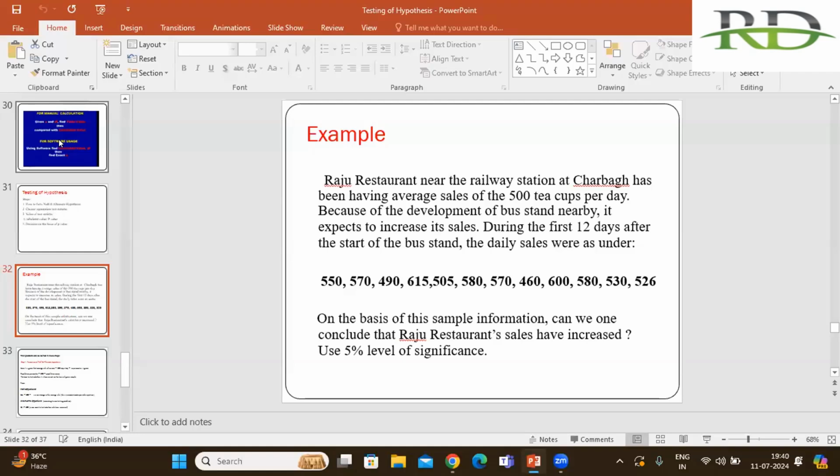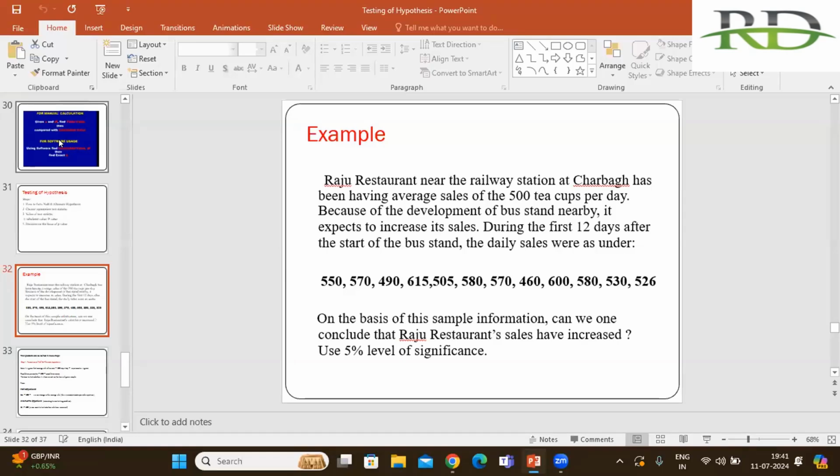तो उस केस में क्या हुआ था कि एक दुकान थी राजू की। राजू ये काल्पनिक नाम है। तो उसकी दुकान थी चाय की, तो उसके हमेशा 500 कप बिकते थे। 500 चाय के प्याले हमेशा उसके डेली बिकते थे। फिर क्या हुआ कि वहां पे बस स्टैंड भी बना दिया गया। तो हमारे जैसे लोग थे जो स्टैटिस्टिक्स के, बहुत से लोग होते हैं ना कि इसकी बिक्री बढ़ जाएगी, क्योंकि यहाँ पे बस स्टैंड भी बन गया है, दोनों तरफ के जो पैसेंजर आएंगे और अब चाय की बिक्री बढ़ने वाली है। ऐसा मानेंगे ना? तो ये हमारी हाइपोथेसिस है, क्योंकि इसके लिए हमें डेटा चाहिए होगा।